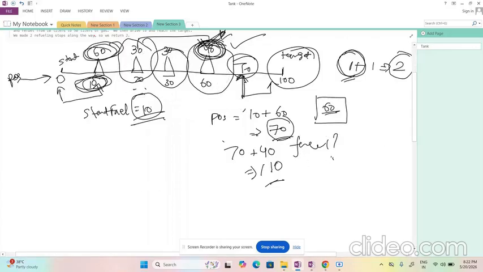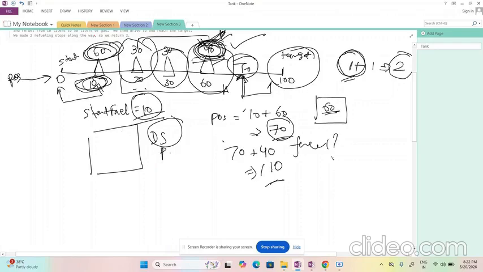Suppose we take a data structure and we want to store these particular fuels. It is better we store them in a data structure where we get the maximum one first, right? So we can think of something like a priority queue, and that too a max one.